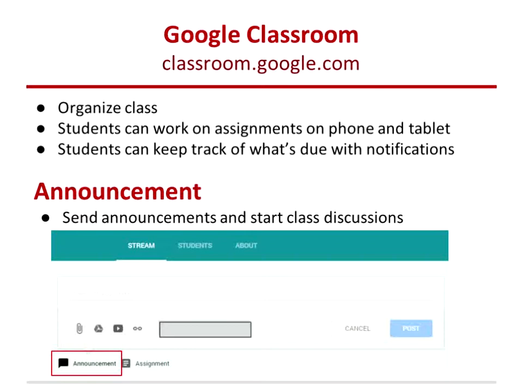To access Google Classroom, once you log into your Google Apps for Education domain, you can just go to classroom.google.com, or there might be an icon on your interface that'll take you directly to Google Classroom.